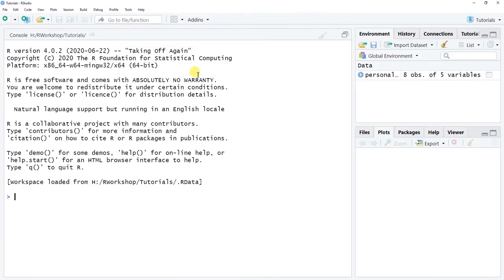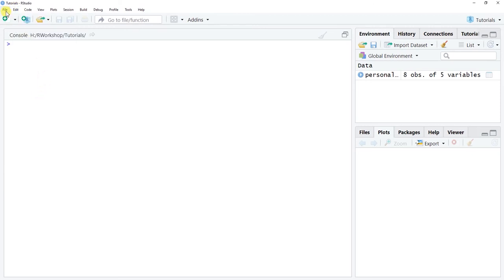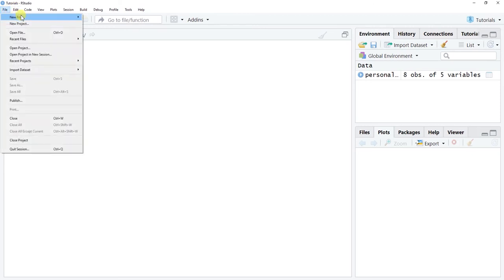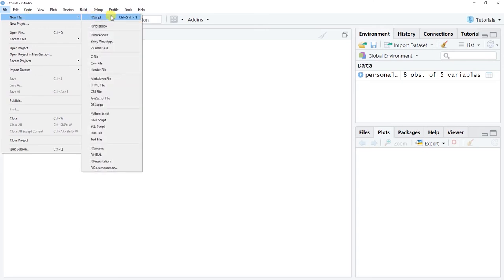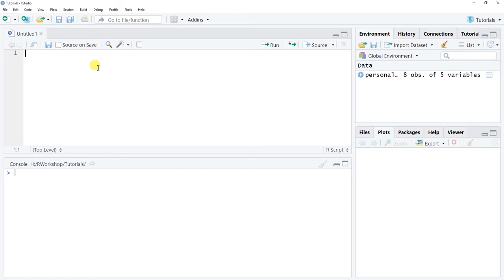So now that we've done that, we're ready to move over to the RStudio interface so that we can work with R. And so as you can see, we've got our command line here in our console. Let's go ahead and just clear out the console contents by going to Edit, Clear Console, and then let's go up to File, New File, and R script. Again, that's File, New File, R script to open up a new, fresh R script editor window here